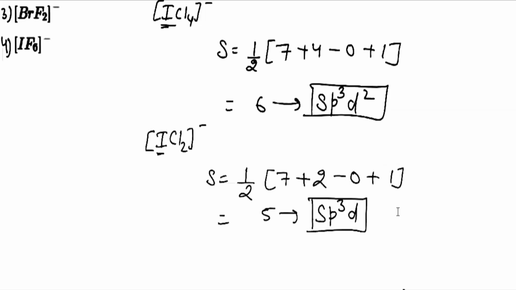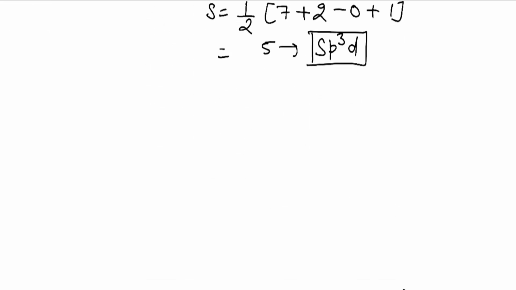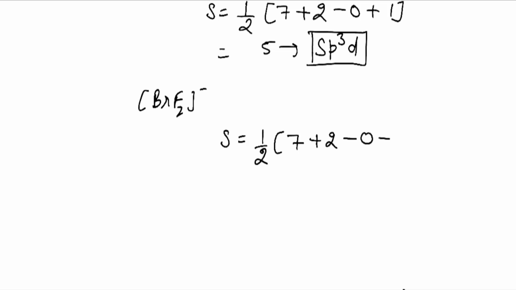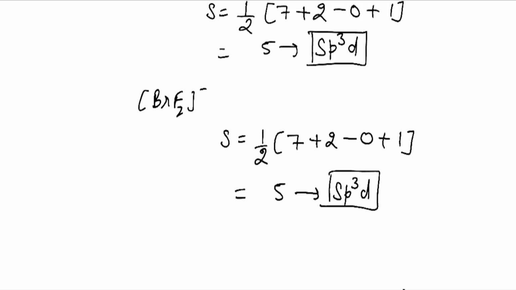hybridization. Now for third option, that is BrF2 minus. Now here the steric number will be equal to 1 by 2. Here central atom is bromine, which has 7 valence electron plus 2 monovalent atom attached to it. There is no cationic charge and there is one anionic charge. So the steric number comes out to be 5, which means sp3d hybridization. Now for the fourth option, that is IF6